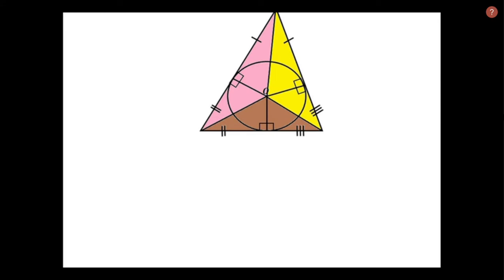So there is our triangle and we divide it into three parts: the pink region, the yellow region and the brown region. Let the names of the sides be A, B and C. We know that AB is equal to 14, AC is equal to 13, BC is equal to 15 as the sides of the triangle. Now the area of the triangle is equal to 1 by 2 times B plus C times r. It is a simple rule of area to find the area of the circle.